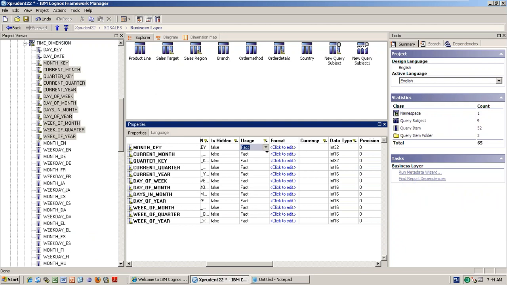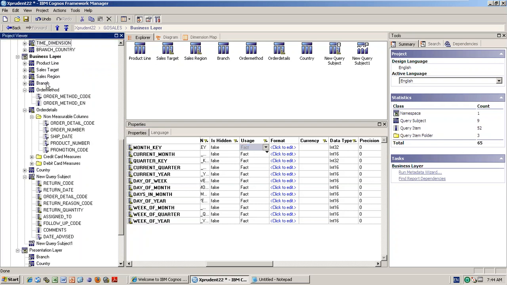Clear? Any questions? If any fact value is present in the table, the L symbol will come, because indirectly the meaning is, boss, it's a fact table. If the L is not available, there is no measure present in the table, so it is thinking that it's a dimension table.